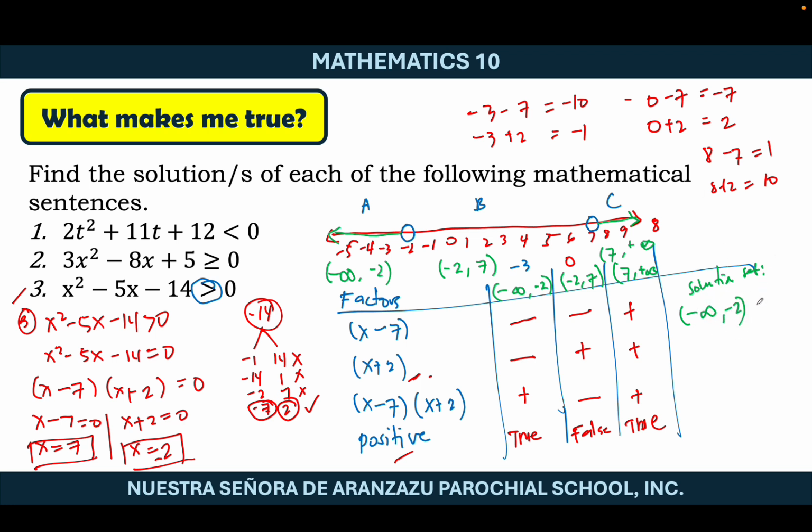So, si negative infinity, negative 2, kunin nyo lang yung interval notation nila. Kapag dalawang side ang meron, you're going to use a union. Then, 7 to positive infinity. This is our interval notation. Then, yung inequality notation naman,